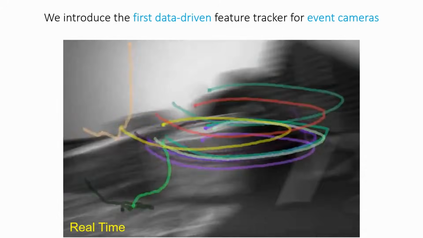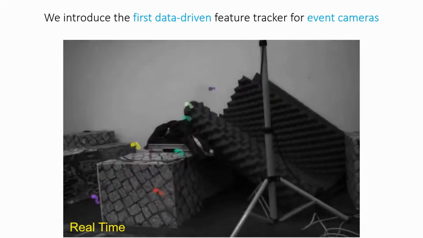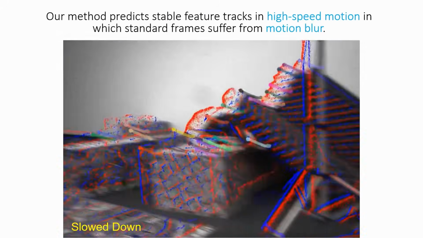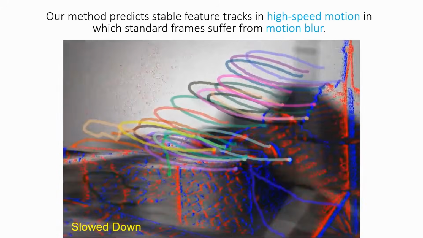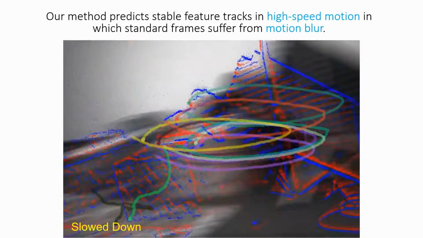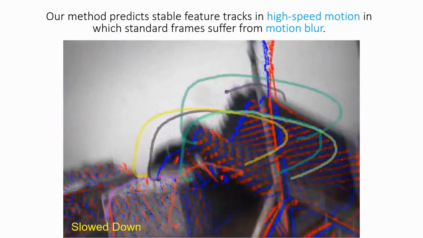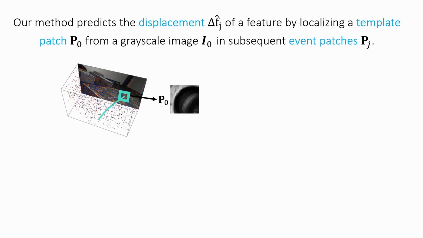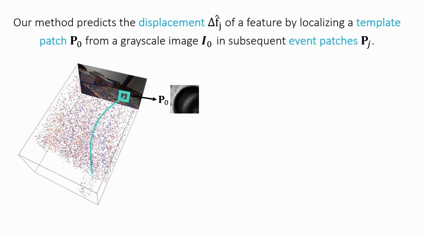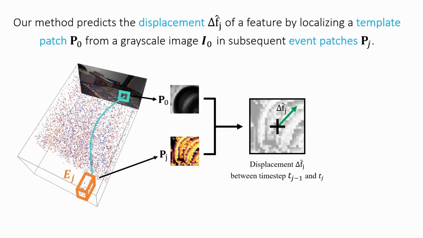In this work, we introduced the first data-driven feature tracker for event cameras. Our method leverages the high temporal resolution of events to provide stable feature tracks in high-speed motion in which standard frames suffer from motion blur. Our method predicts the displacement of a feature by localizing a template patch P0 from a grayscale image in subsequent